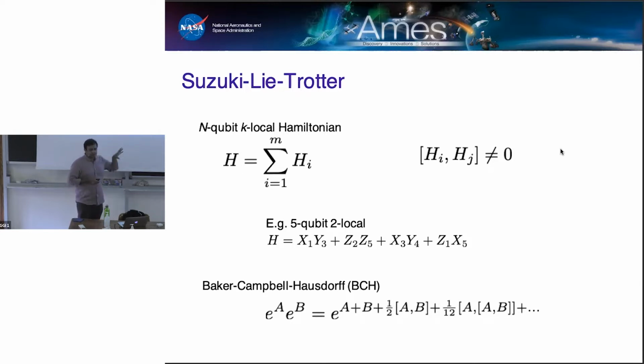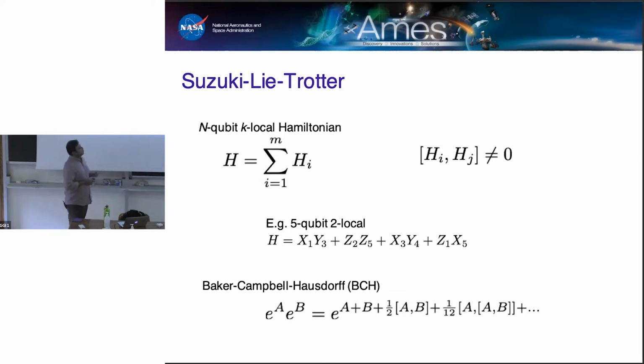But in computer science settings, k-local basically just means that even though the full operator might act on n sites, the operator itself is composed of terms that by themselves act on at most k sites, right? So a simple example is this 5-qubit 2-local Hamiltonian, where it acts on a total of 5 qubits, but if you look at any one of these terms, it only acts on 2 sites. But those 2 sites don't necessarily need to be geometrically close. They could be very far apart, okay?